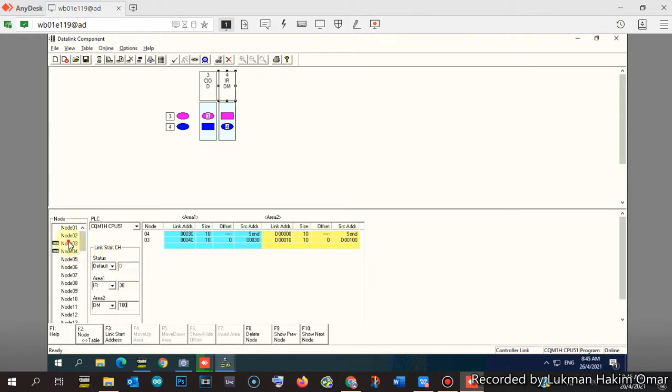The only thing that we have to pay attention to is this. In node number 3, the arrangement is node number 3 first and then node number 4. Node number 3 sends and node number 4 receives. Normally it's like that, but in node number 4, node number 4 is to send. So now the things work like this: this one is to send to this.